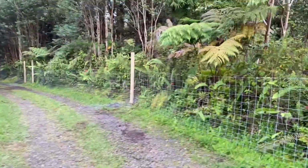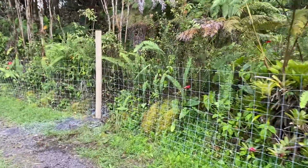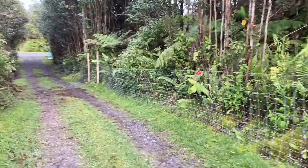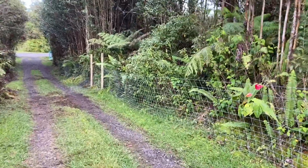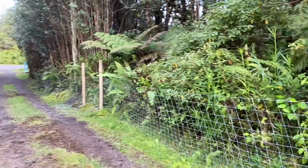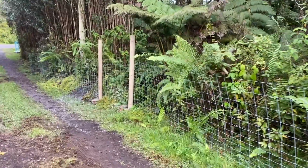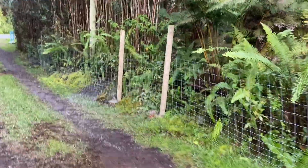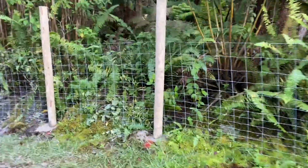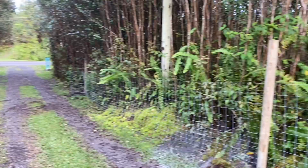All right, so as you can see, I started stringing the fence line, and right now it's not attached to anything. It's just running behind these posts. I still have not put this cross piece in, but these posts, it's still the same day that I put these in, but it's later in the afternoon, and these hardened enough that I could pull the bracing off. And then I got the fencing run all the way down there,